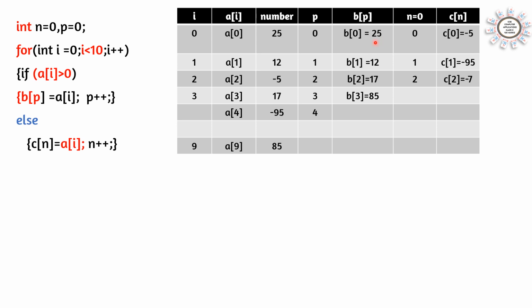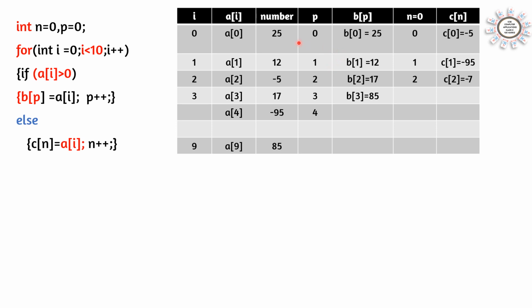First position is 0 in the array. Index number starts with 0. So the first number goes in B0, and as soon as you store the first number, here we are increasing the value of P. That means the next number will be stored in B1. And when you find the second number, P will increase to 2. Third number will be stored in B2, then B3, like that. So P is for counting the number of positive numbers.